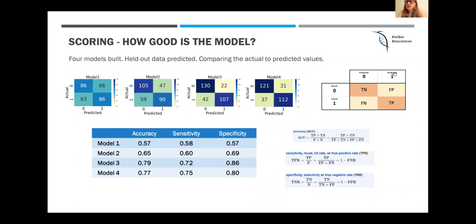So if your predicted value is a 1 and your actual value is a 1, you have true positives. If your predicted value is a 0 and the actual value is a 0, you have true negatives, right? And then you have your false positives and your false negatives. And so, for example, if you build 4 different models, which are represented by these 4 confusion matrices,